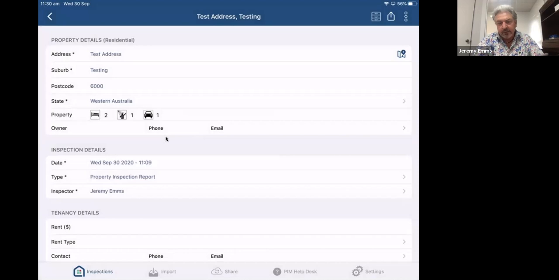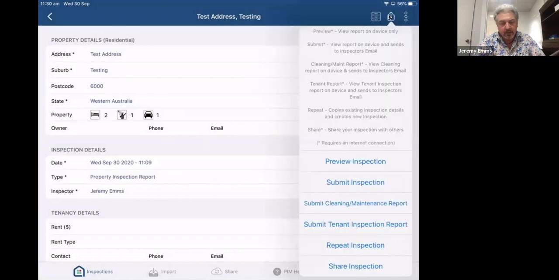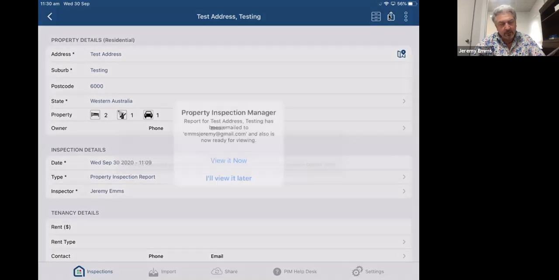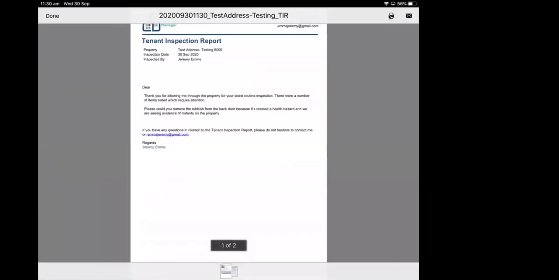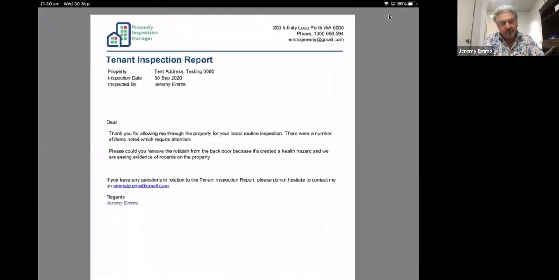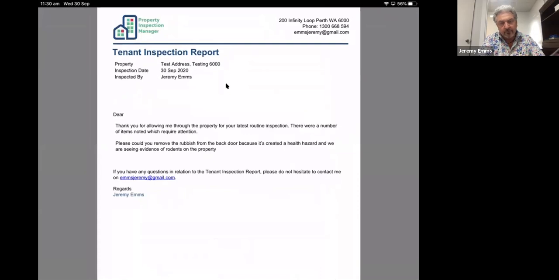The other thing that I can do is in here, if I press my action button again, I've got my submit tenant inspection. And the tenant inspection template is different. So this should come up in a second. This will do a report just for the tenant. It'll do a merge if you've got the name of the tenant in there.